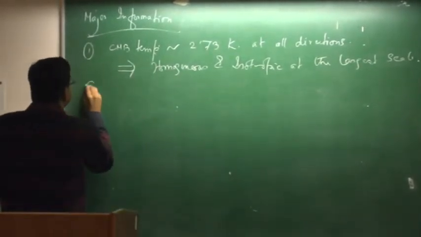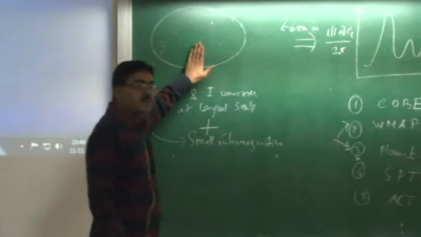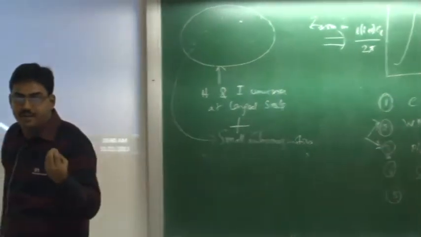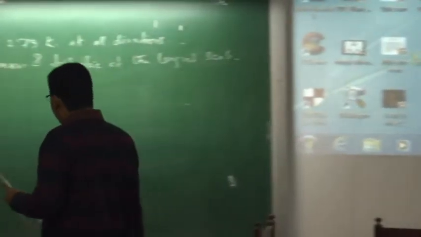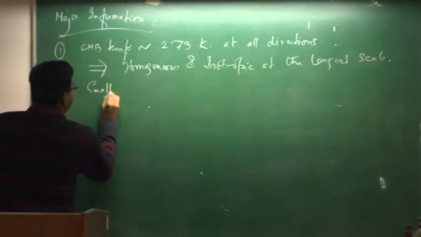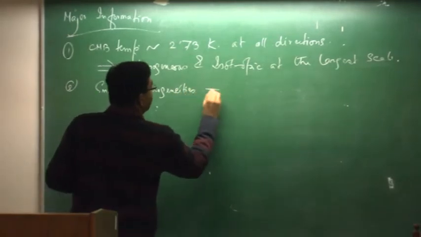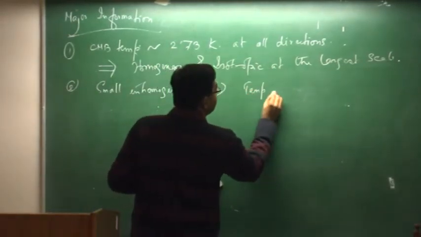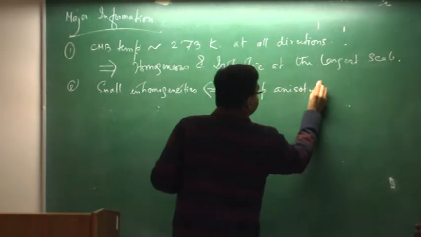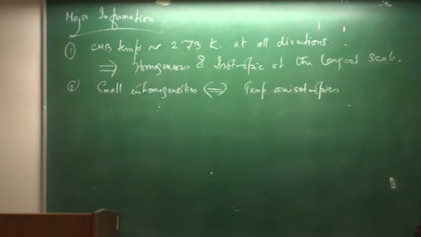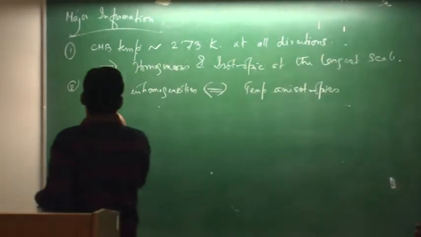Secondly, as I have already discussed through this temperature anisotropy plot, your universe is homogeneous and isotropic at the largest scale, but there are actually small inhomogeneities sitting here and there. So you have small inhomogeneities which are basically realized through temperature anisotropies. As I said, I am not talking about the polarization data and everything, because I am trying to focus on these things. Polarization will be discussed by Sheshanji and others. So you have small inhomogeneities, and they basically give you